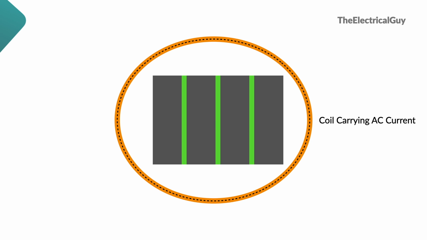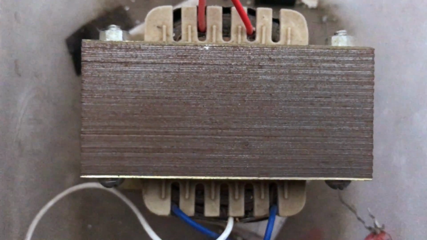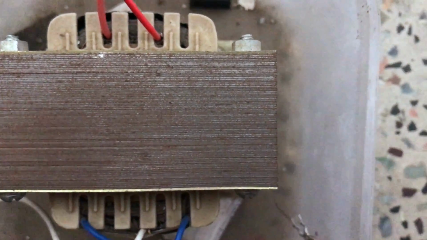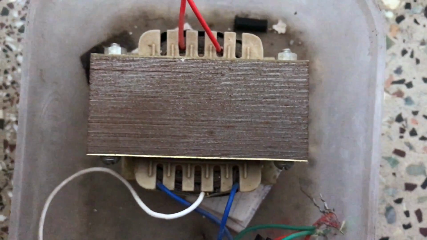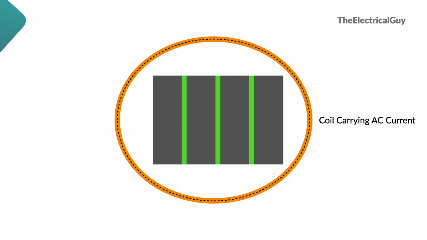This is a very commonly asked question in exams and in technical interviews as well. Why is the core of a transformer laminated? The answer to which we just understood. In practice, cores are made up of very thin laminations, generally of a few millimeters. These laminations are insulated from each other. The insulation also avoids the electrical contact between these laminations. So this is how you can reduce the eddy current loss.